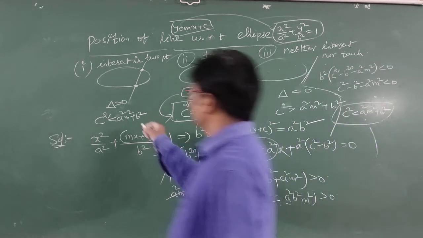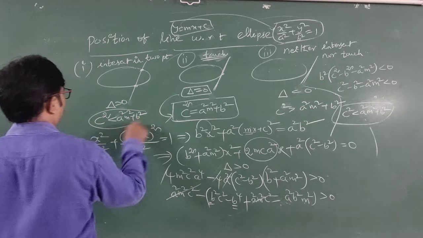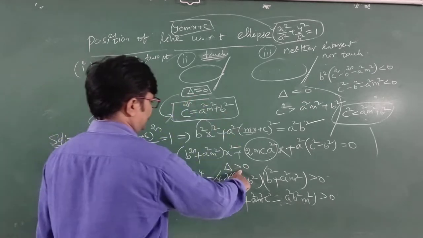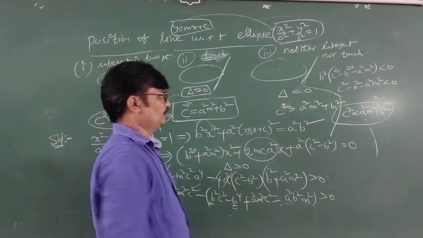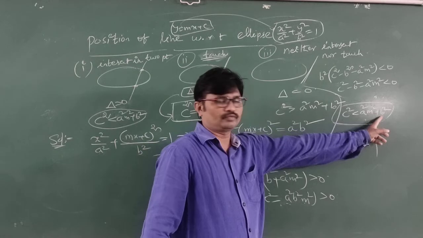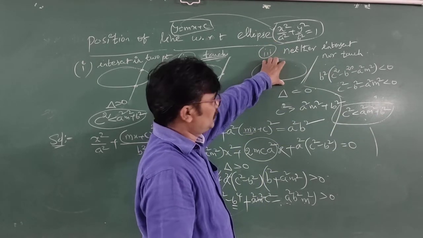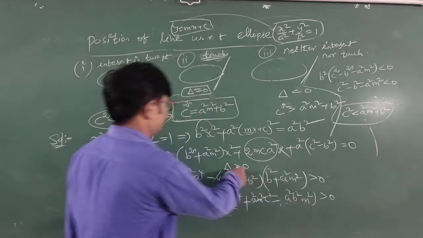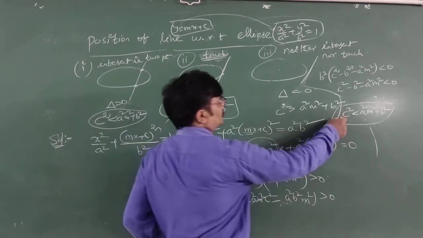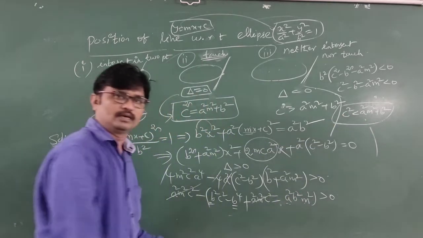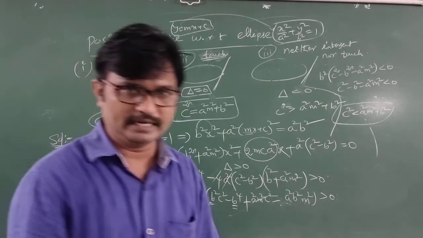So students, similarly, when the line is touching, we take the discriminant as 0, then we get c square equal to a square m square plus b square. The line either intersects or does not touch. When we take the discriminant less than 0, we get c square greater than a square m square plus b square. Okay students,